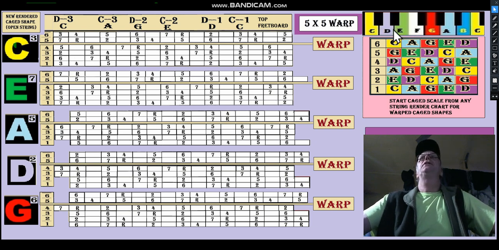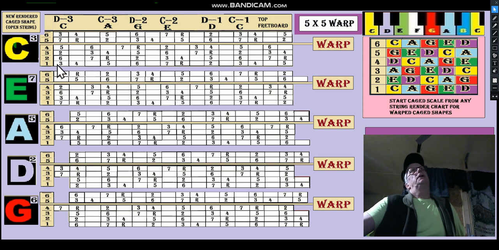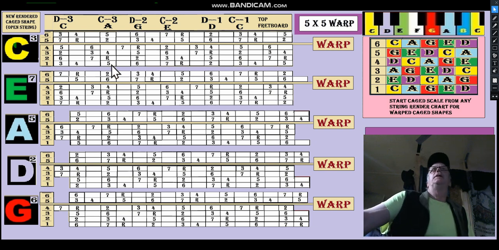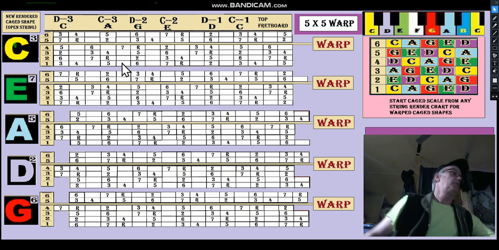Okay, if this is E, and you color it green there, and it becomes this note, the 3rd of C, then yes, that's a C-shaped C. But that could be anything. It could be the 3rd of anything. You would play the C shape because we're talking about the CAGED system, applying CAGED to other things, other keys and whatnot. And that's the important part about